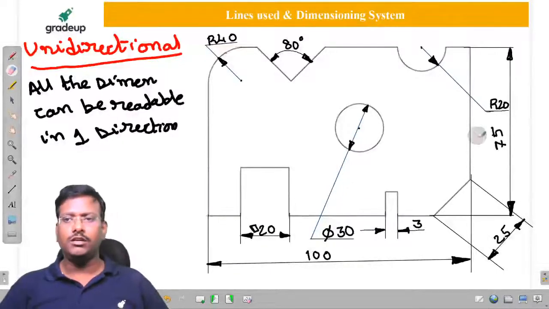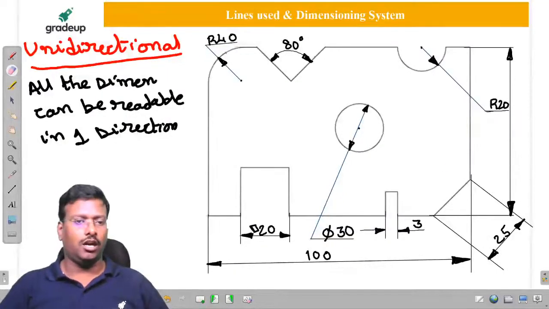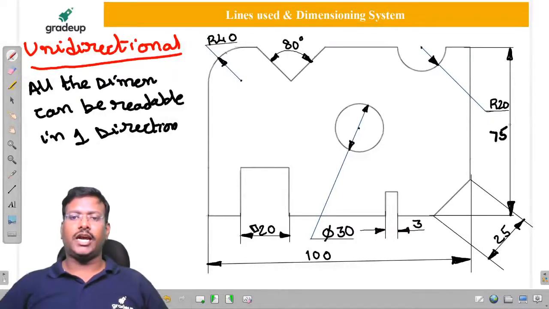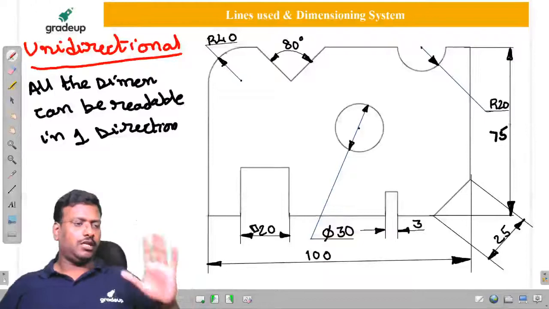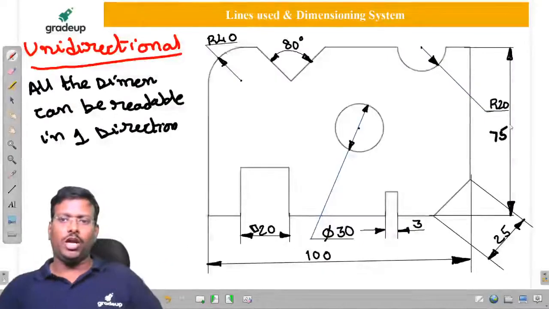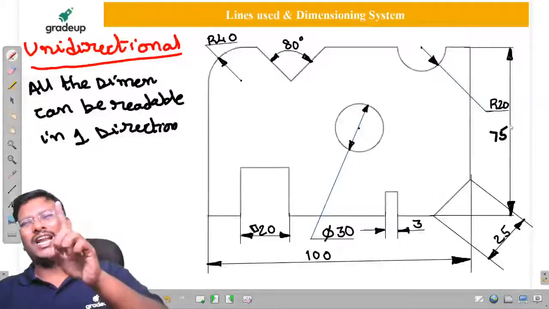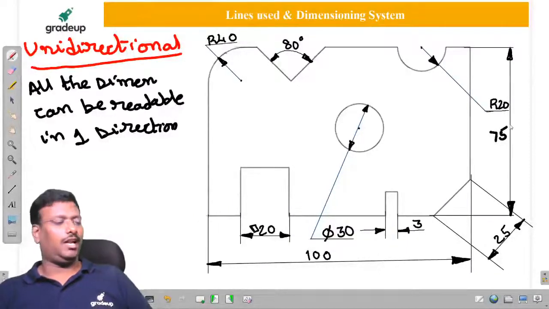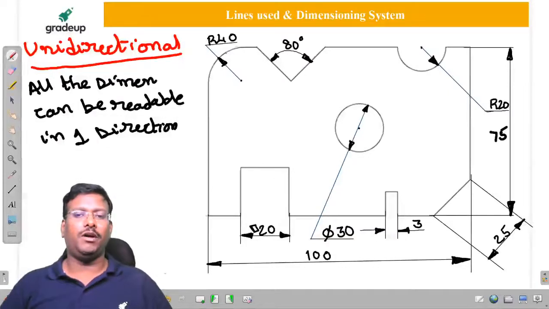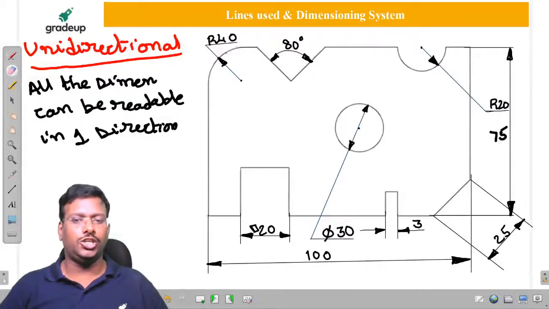Okay, you do it. Sir, now is it right or not? You tell me. Is it correct, sir? Sir, if I do like this, is it right? Because we are all reading from the bottom. Good. But there is an error, sir. There is an error. Remember, whenever it is a unidirectional system,